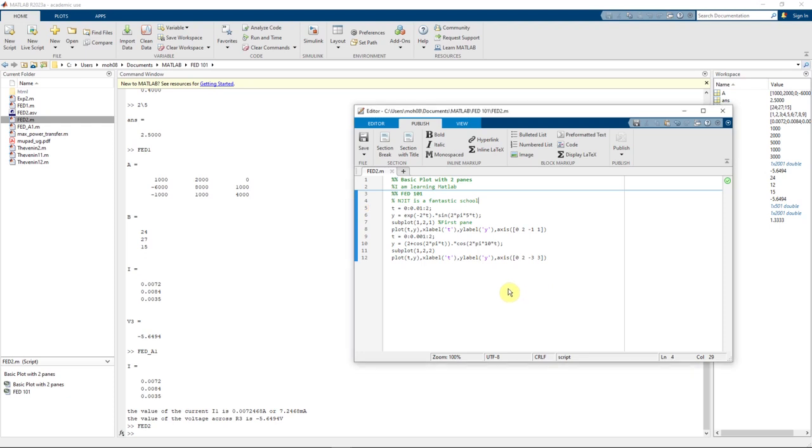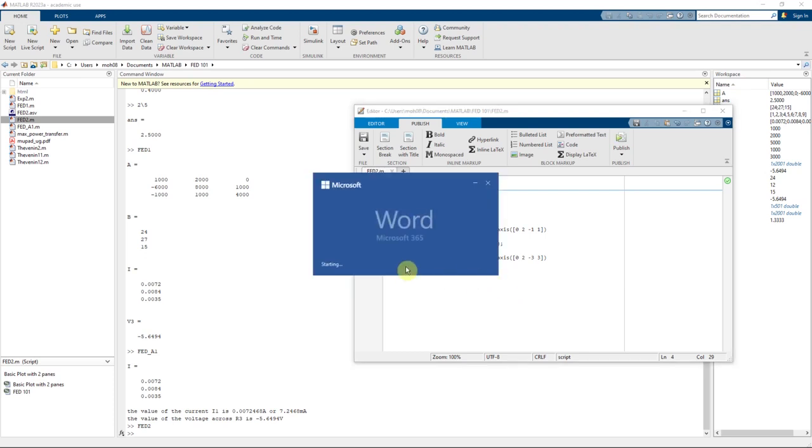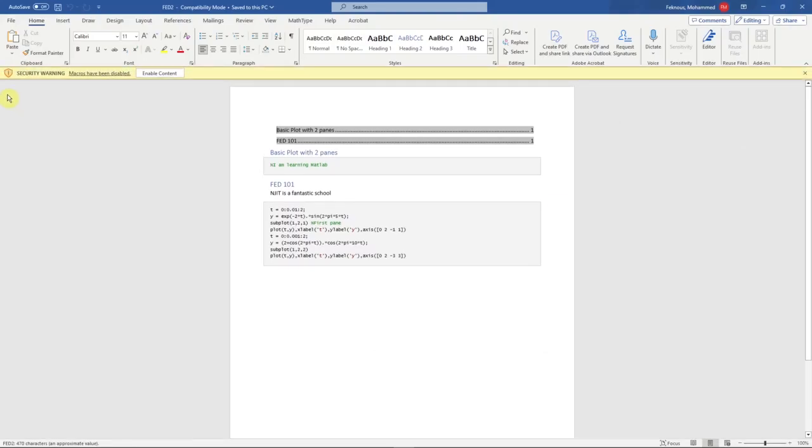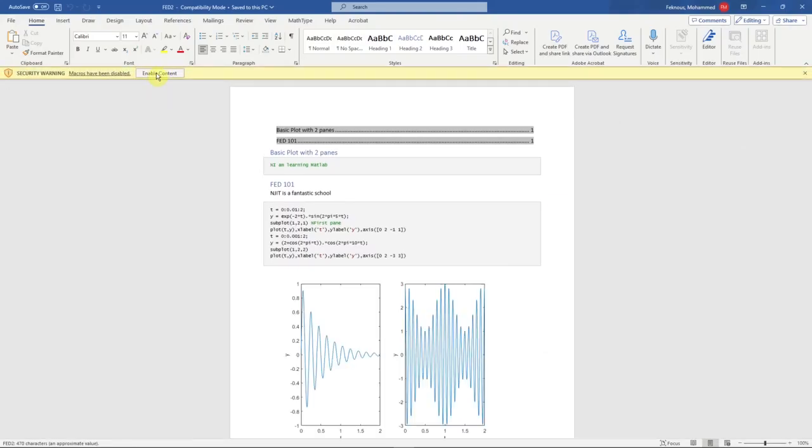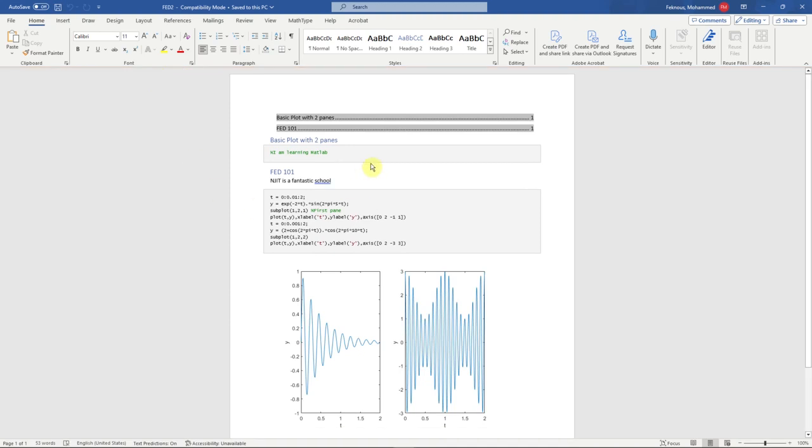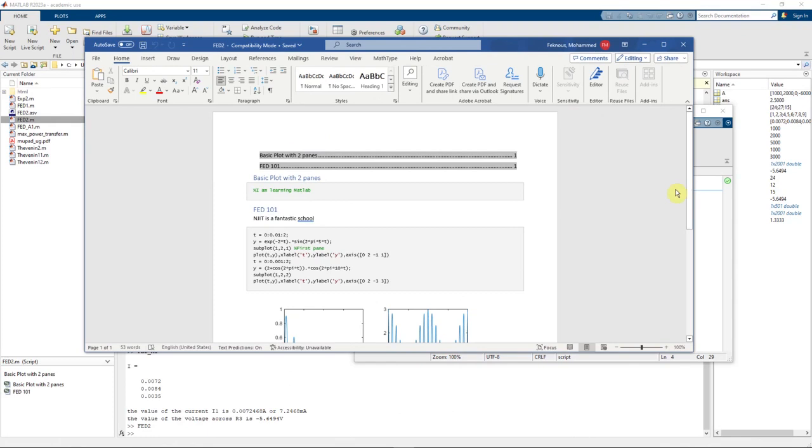It has to execute the program and it has to extract the document under document form or doc form, right? Microsoft doc form. And then when it's available, you believe it or not, it will be under the subfolder. You see here, it's already shown. And you see here, this is the title, right? And you see here FED 101. So let's see here, if I make it smaller